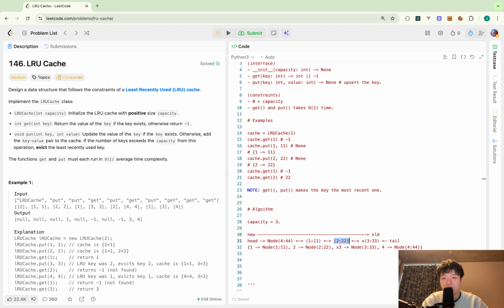Also, because I have a double linked list, I can remove the node and connect, in this case, 111 and 333. These nodes are connected. It's possible. But if this is a single linked list, I can't, because I don't have the pointer to the previous one. So, I mean, hash map and double linked list completely works here. Okay. So in this way,